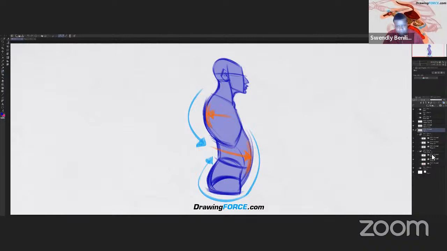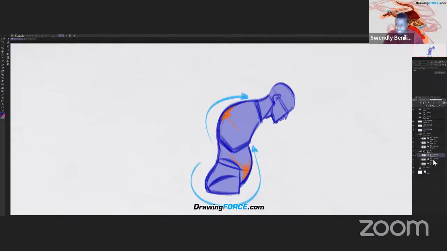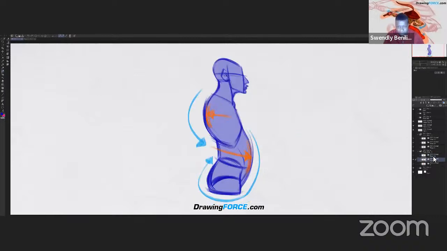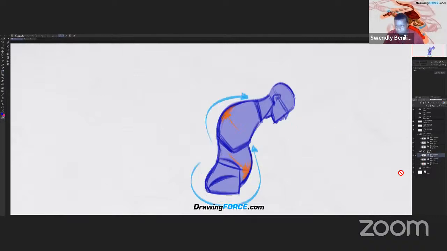It's also important to be aware that it's totally possible for the torso to bend a little bit and still be an S curve. Sometimes this happens. So when there is a bend, it's not automatically a C. Mike is going to talk about how to identify what's going on. So just be aware that it's possible for that to happen.